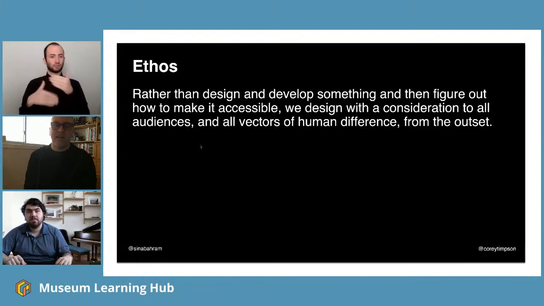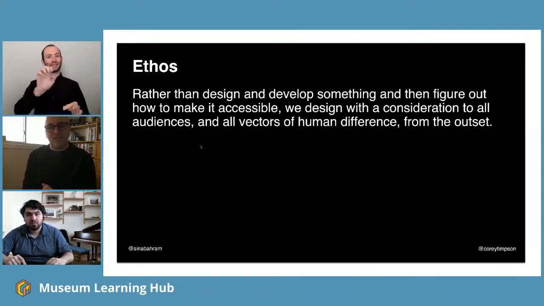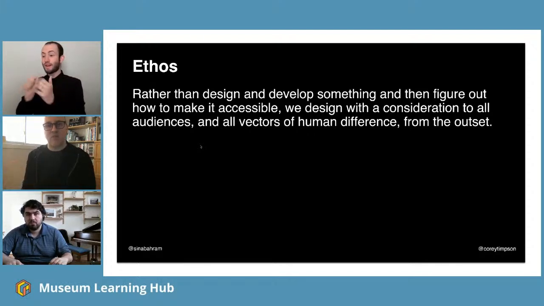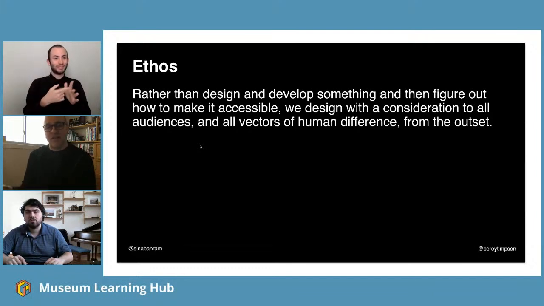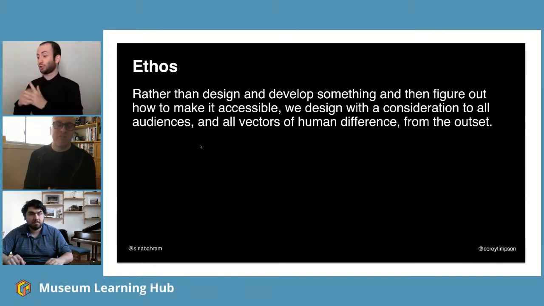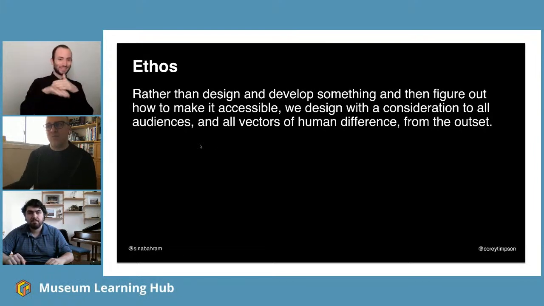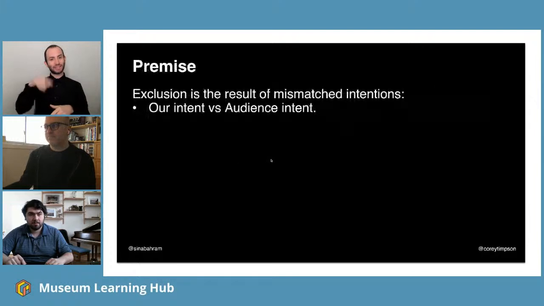So anything we work on follows this ethos, which is an inclusive design methodology, and a little bit different from accessibility. What do we mean? We mean that rather than design and develop something and then try and figure out how to make it accessible, we try to consider all vectors of human difference at the outset. That means that later down, we don't have to try and figure out how to change what we were thinking about, because there's no need to change, because we've been thinking about everyone at the beginning and all those vectors of difference. It really means that accessibility for us is an output of this methodology. It's not our starting point.